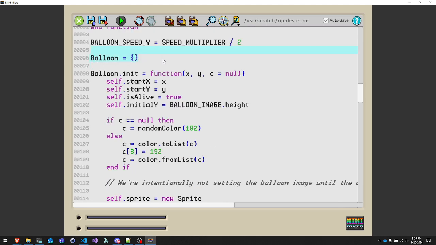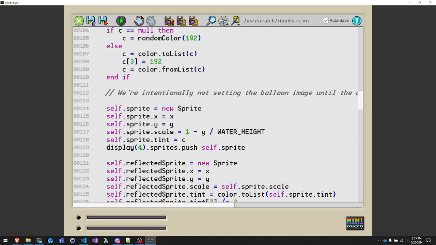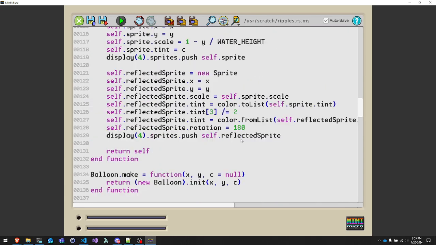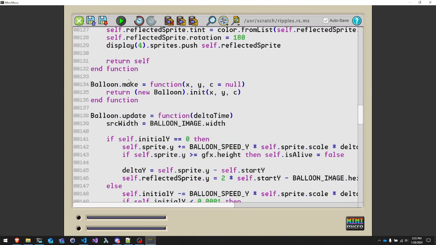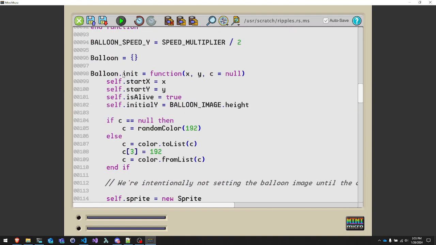Creating our balloon definition as an initialize function and a make function, just like everything else. The make function creates the new balloon, initializes it, passing in the x, y, z color values, and then returns a new instance. So treat the make function as sort of a static function. Init is like the actual constructor where it has a sense of self. Saving where it started, that it is alive. It has an initial height. The initial y is used to